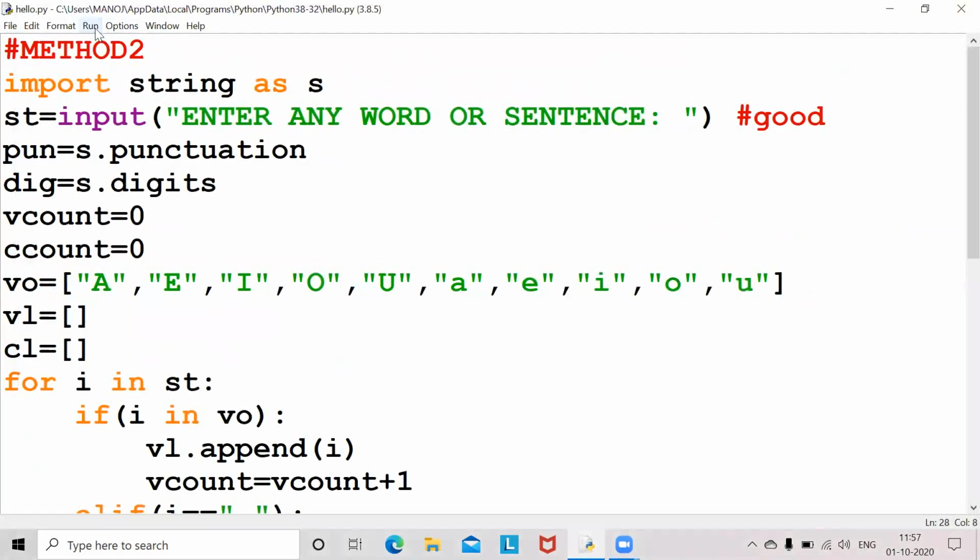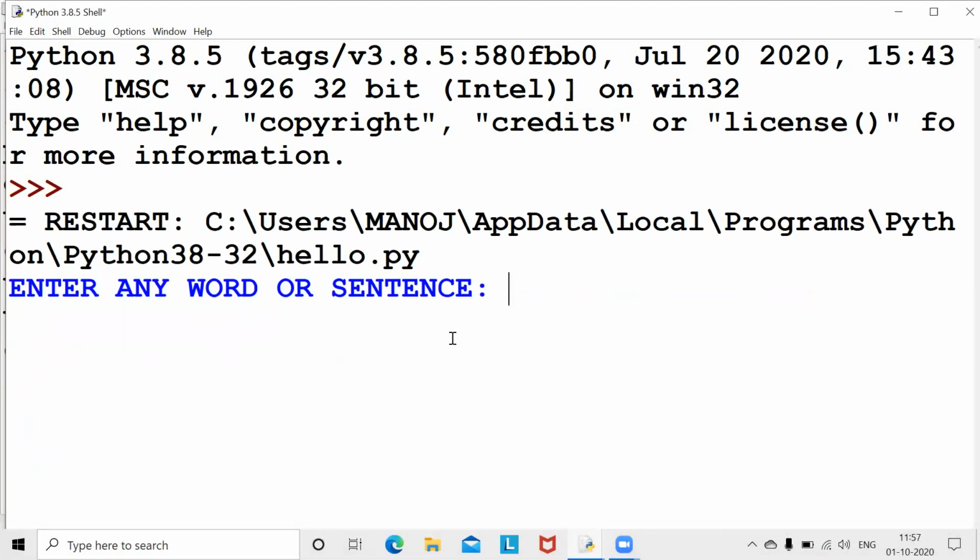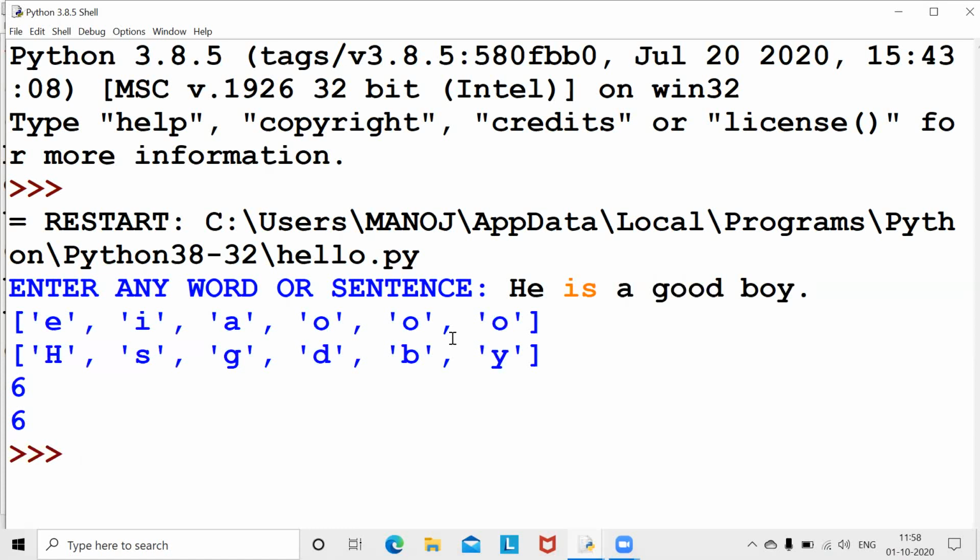Now let's check another one. A meaningful sentence. He is a good boy. Dot also I am giving. Dot is nothing but a punctuation. Now let's see. E, I, A, O, O, O is the vowels list.